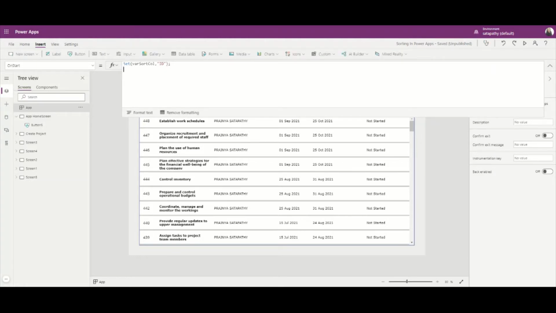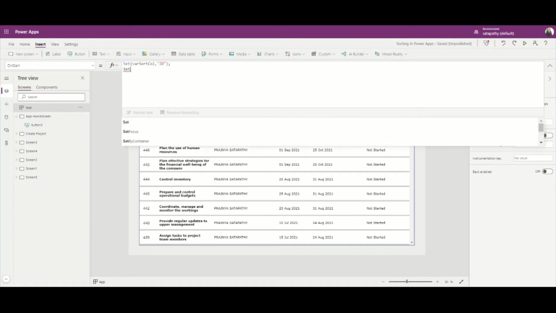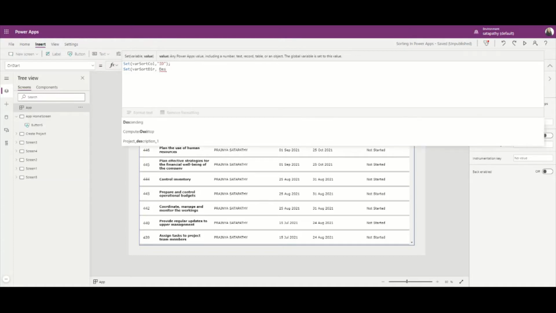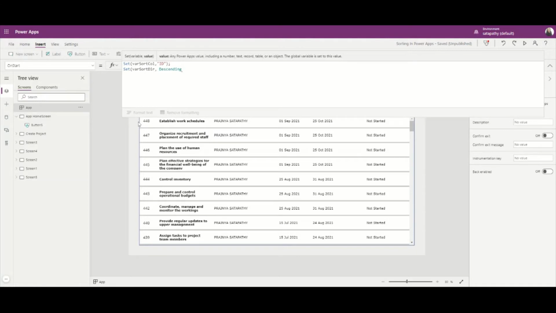Second, I will declare the variable for the direction, that is varSortDirection, and it may be ascending or descending. So descending will be my default sorting order.